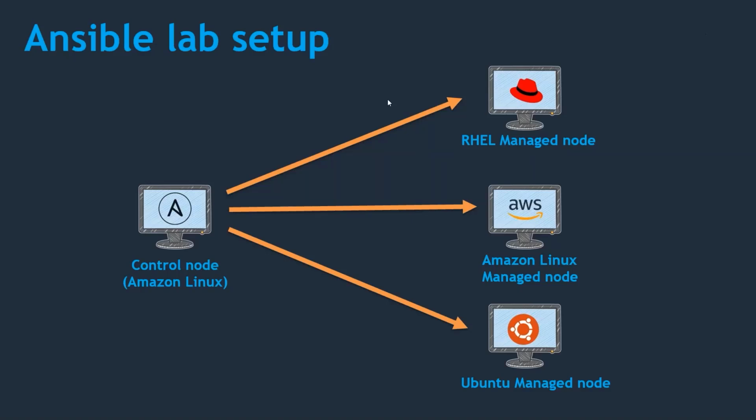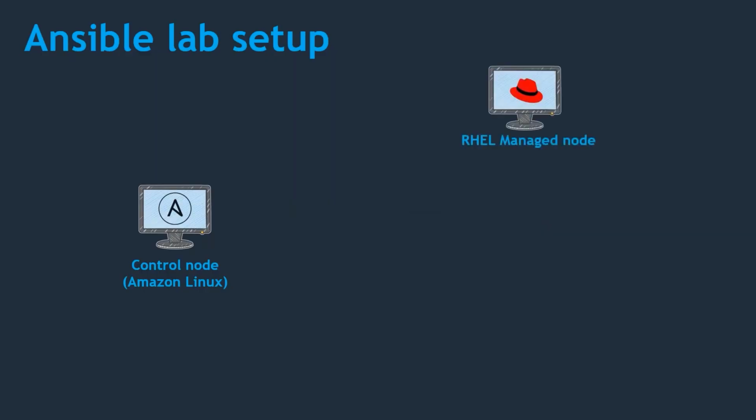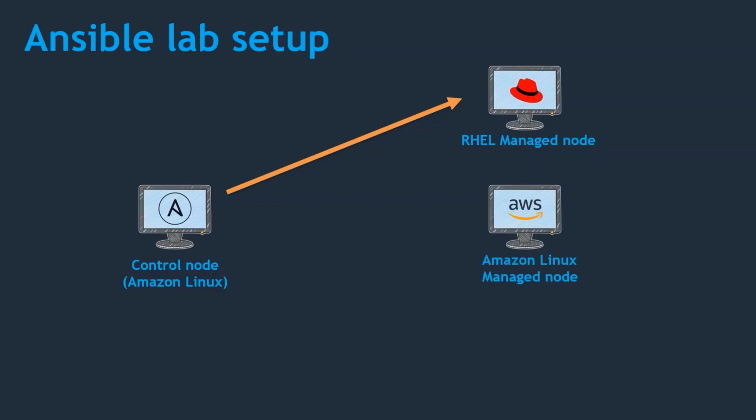In the previous class, we were discussing this lab setup. We need a control server, as well as a RHEL server and an Amazon Linux system. These are the three systems we have configured, and we enabled the connection as well. So at this moment, we set up Ansible and the RHEL server and enabled the connection, and also we have